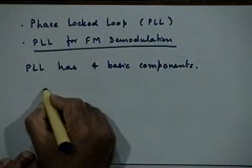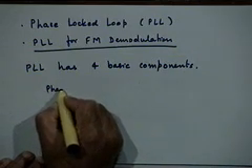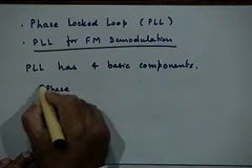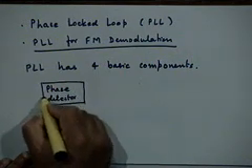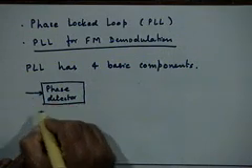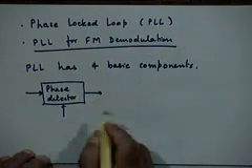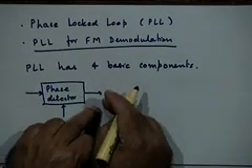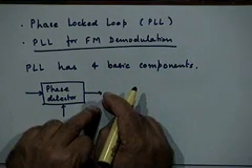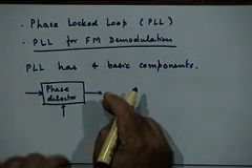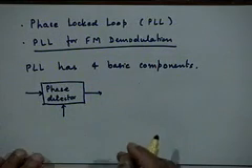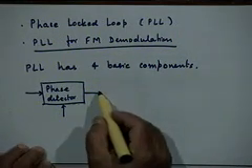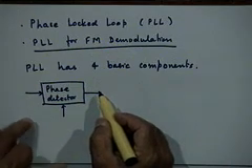The 4 components are: there is a phase detector, which operates on 2 inputs, right. Let us say there are 2 sinusoidal inputs here. The output of the phase detector would be proportional to the instantaneous phase difference between these 2 inputs. That is why we call it a phase detector, right. The output here would depend on the instantaneous phase difference between these 2 inputs.